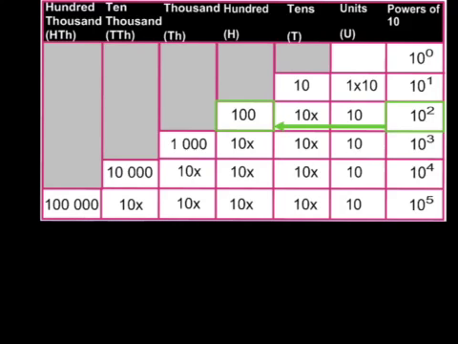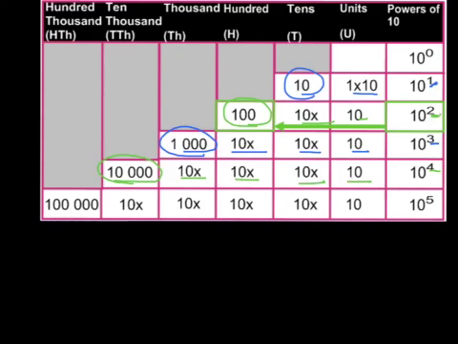So as we can see in this chart, 10 with an exponent of 1 is 10 to the first power, or 10 times 1, which is 10. 10 with an exponent of 2 is 10 to the second power, or 10 times 10, which is 100. 10 with an exponent of 3 is 10 to the third power, 10 times 10 times 10, which is 1,000. 10 with an exponent of 4 is 10 to the fourth power, 10 times 10 times 10 times 10, or